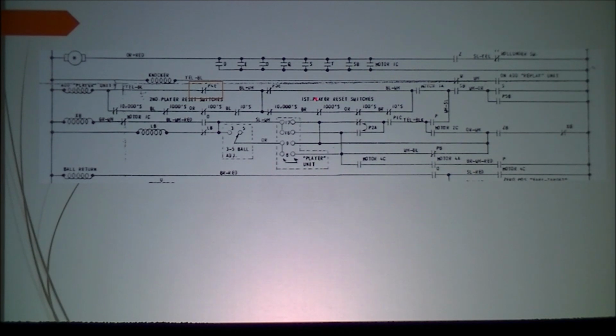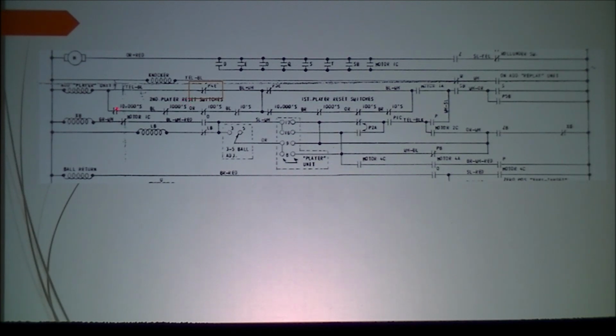So even though this seems to go straight back, what you're looking at here is mostly part of reset. And what actually happens during the game, I'm not sure exactly how far back I have to go, but I'm either coming in this path or I'm coming in this path. I think I'm coming in down here, and P is, I think, add player unit. You're coming in this path and it's snaking back and forth, but if I'm not playing a two-player game, all the second player